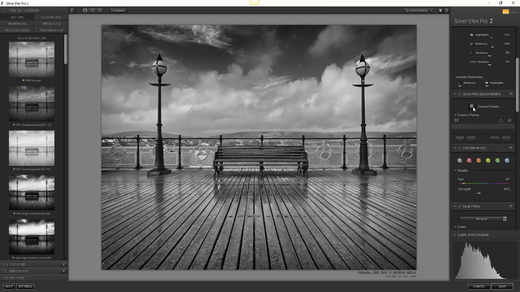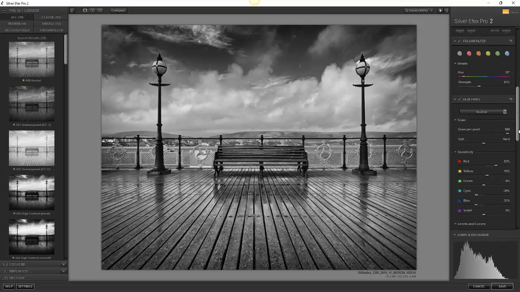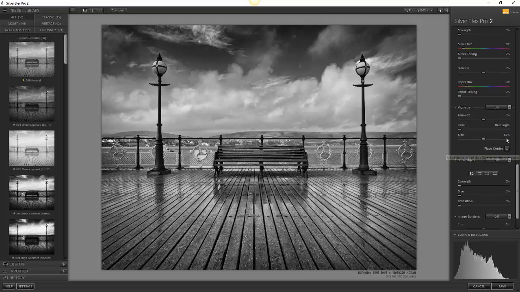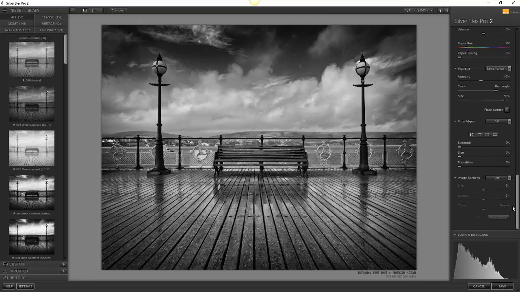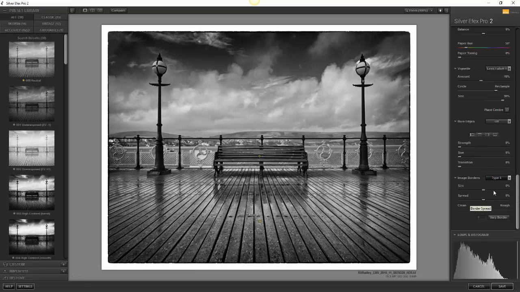And the only other thing I really want to do now is do some corrections selectively on the bench using contrast, and again on the foreground down here adding in additional contrast like so, and a little bit of structure as well. And finally, because we've weakened the vignette we applied previously, I think I'm probably going to apply a little bit more lens fall off there, and we'll make that a little bit more rectangular. There we go, and possibly add in a border as well,